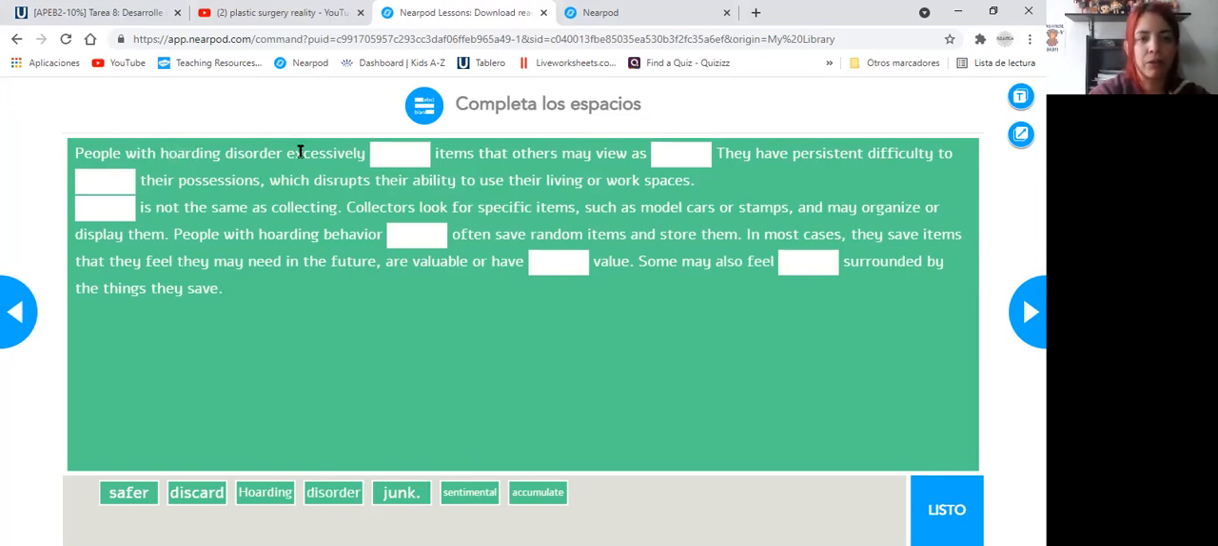People with hoarding disorder excessively blank items. Okay, so we have the subject, we have here an adverb, and we have here the object. What are we missing? That's right, the action. So what is the action here? Discard or accumulate? Discard items? No, right? Accumulate. Accumulate, very good. That others might view as,